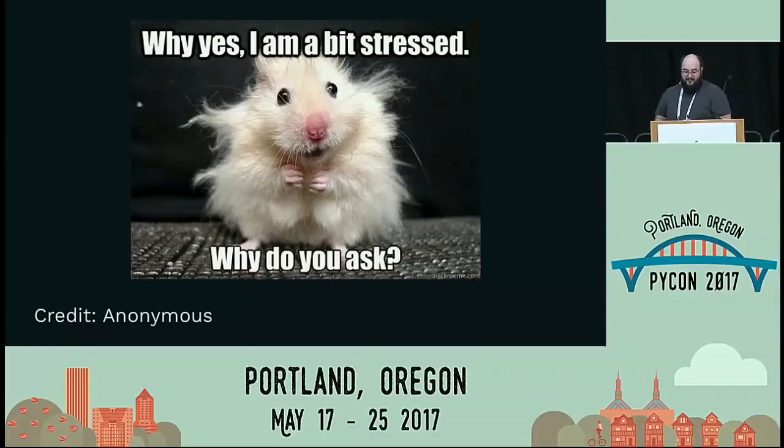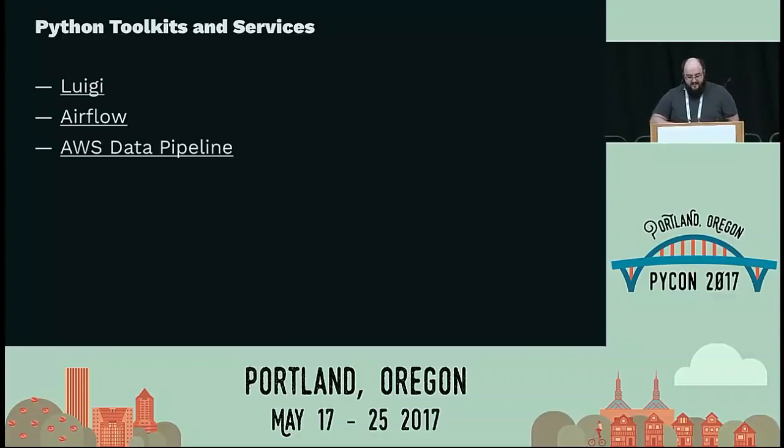But thankfully, it's gotten a lot better, right? Recently, we've had wonderful toolkits, things like Luigi and Airflow, AWS Data Pipeline, that let us focus on the sources and the transformations that we want to do, some outputs and notifications, but they handle a lot of the surrounding pieces for us, right? Airflow has nice scheduling, and Luigi has wonderful task definitions to build on top.